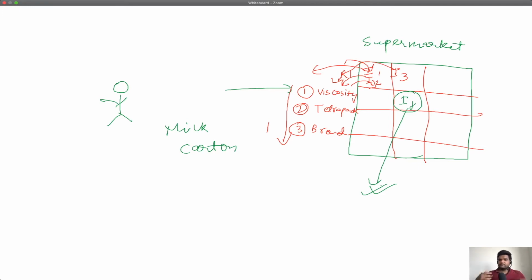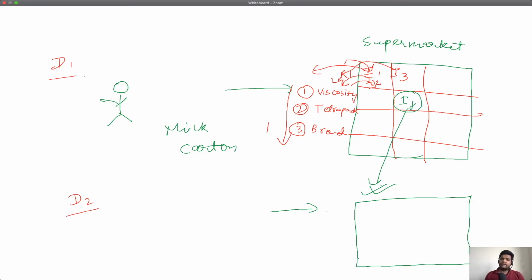So now let's say this was day 1 when you did this. Next day, again, your mom gives you the same task of getting this carton of milk from the supermarket. So you again go to the supermarket. Now, today, you are surprised to see that the arrangement or the organization of the supermarket has changed. So it is no longer organized into racks.